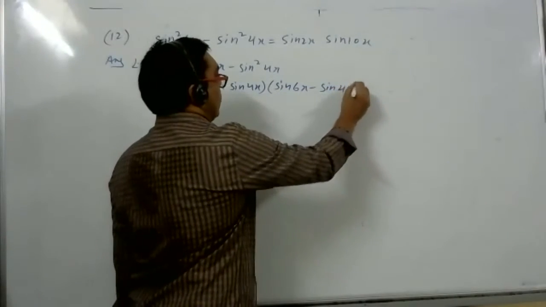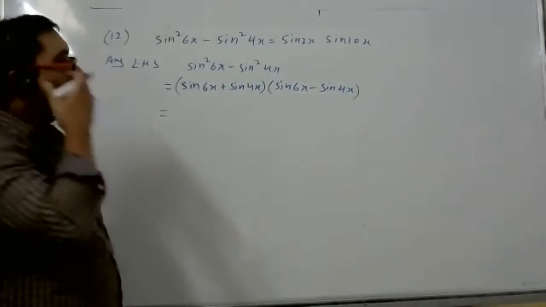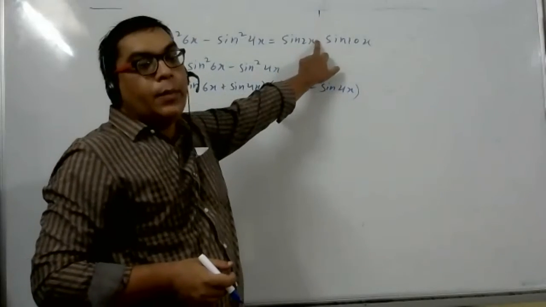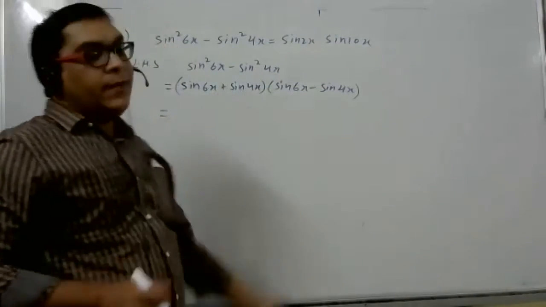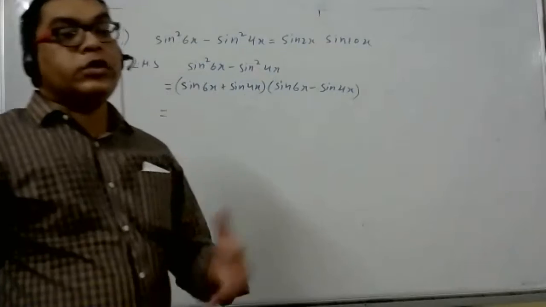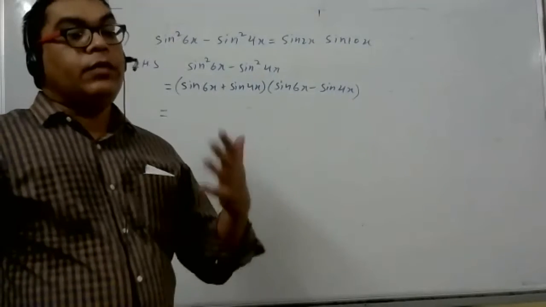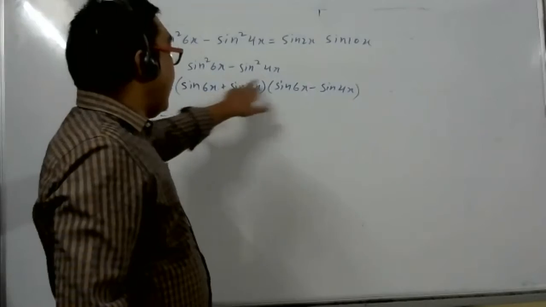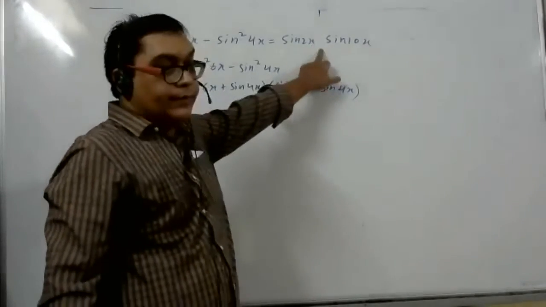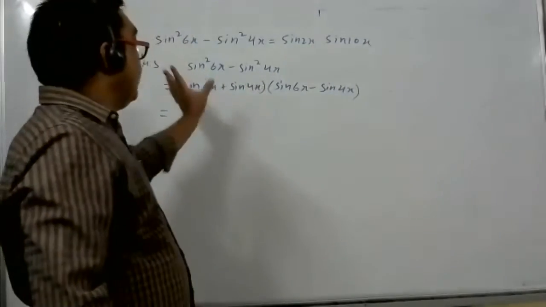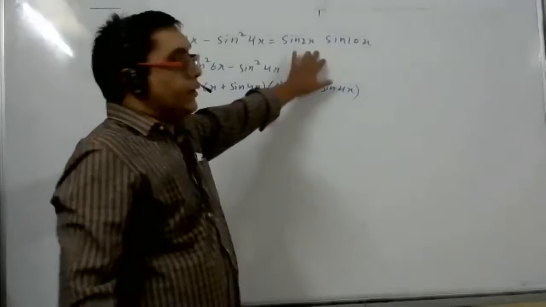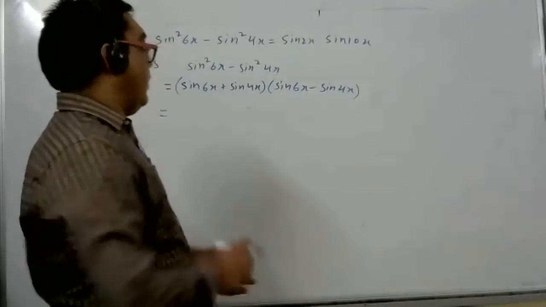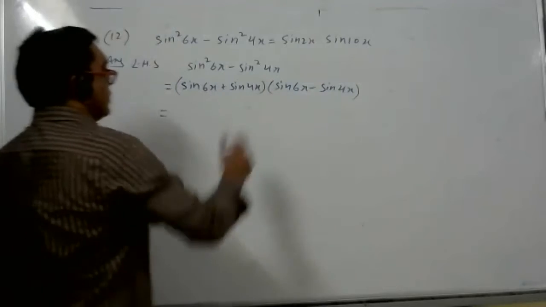Till here you have doubt, student? No, sir. Now, student, in the answer it is a product. The answer is a product, but we have a sum, so obviously our answer will not come now. So we will use the transformation formula to convert sum and difference to product, because the answer is a product. So how to convert sum and difference to product?